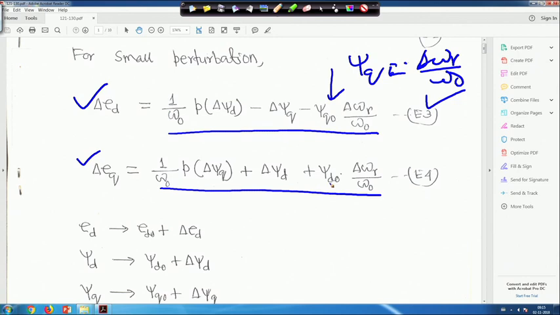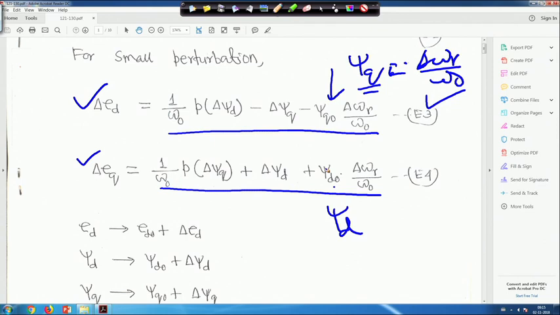That is why in the previous page I simply wrote psi q only, and this one also only psi d. But when you are perturbing around an operating point, say psi q 0, psi d 0, E d 0, E q 0, it will actually be psi q 0 and psi d 0, the rest are okay. Now, how this psi q 0, psi d 0 comes, one complete calculation I will show you.